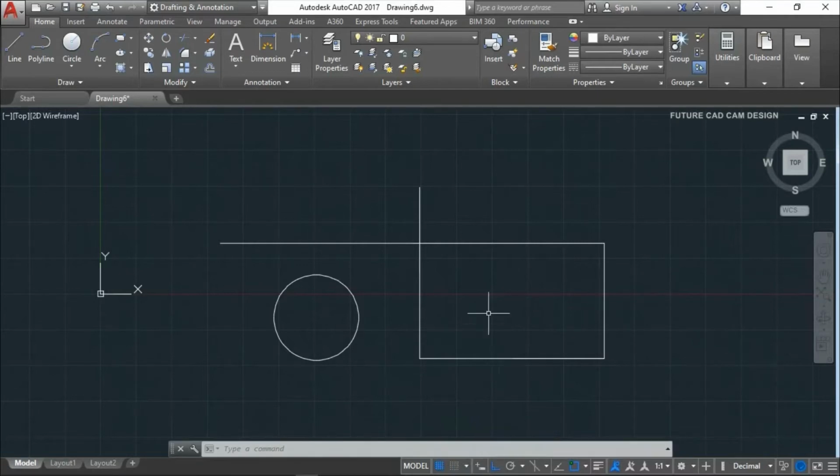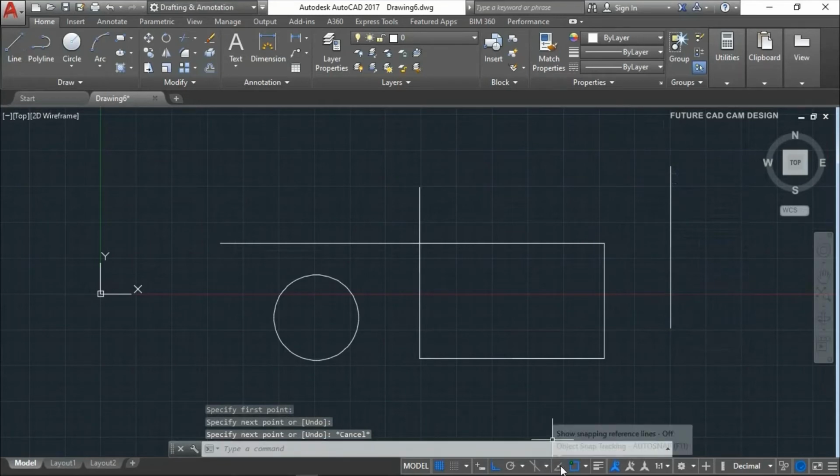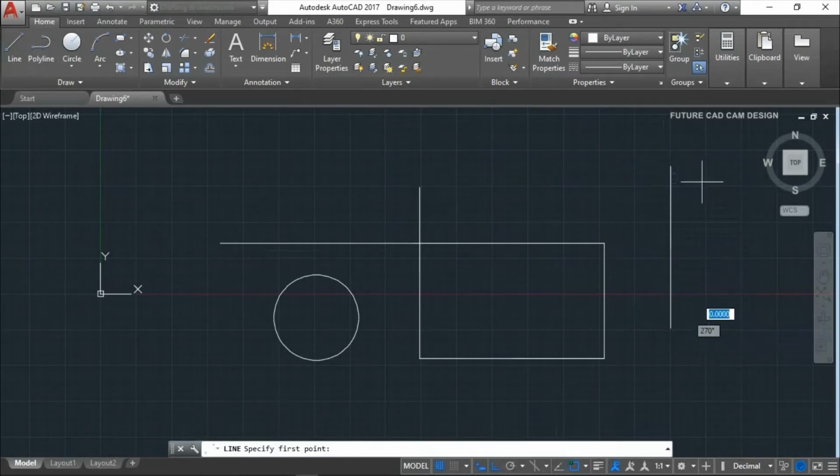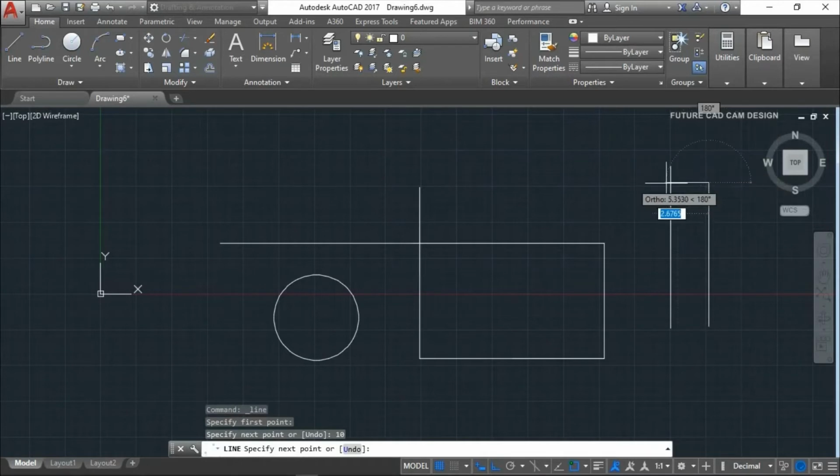It will make your work simple. For example, now I am creating a line. You can see the difference. I am creating the line, and the dimensions are not shown on the line. Now if I switch on dynamic input, and I create a line, you can see the dimensions it is showing. Now I am giving 10 and enter. So this is the use of dynamic input. You can see your dimensions, everything, while tracking your line.